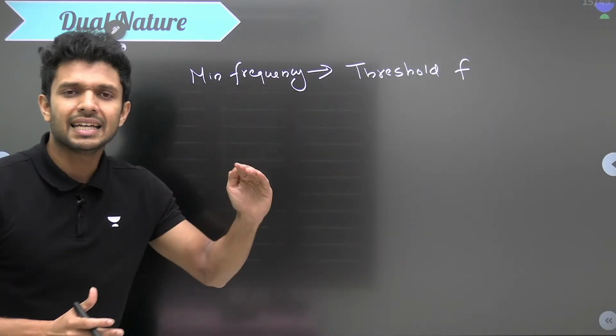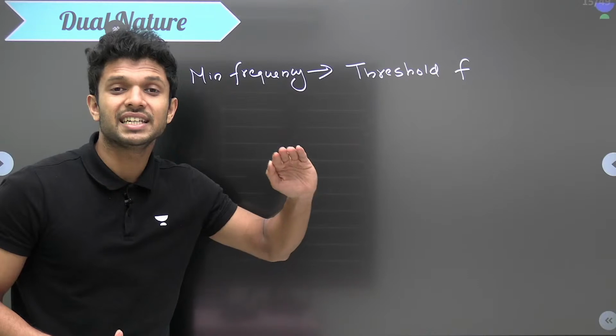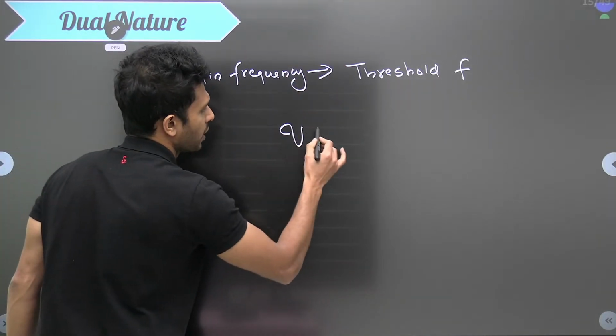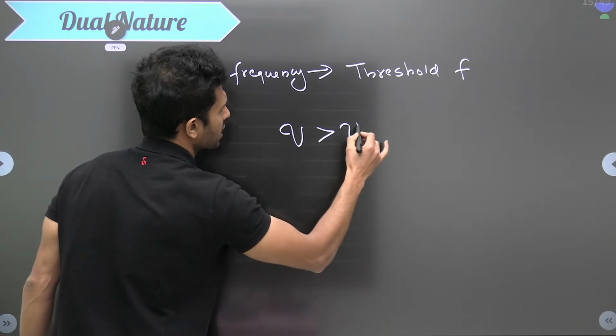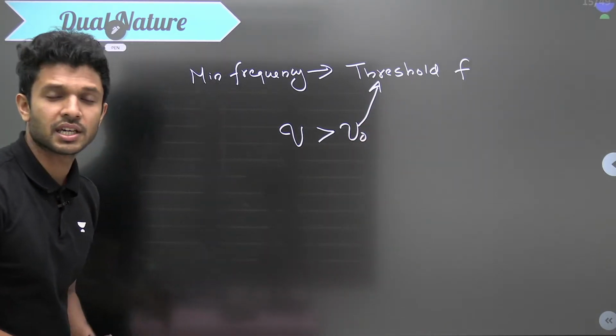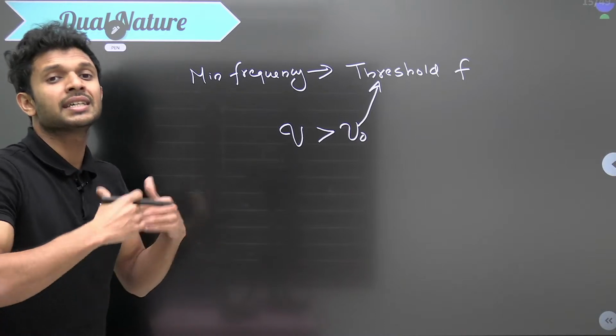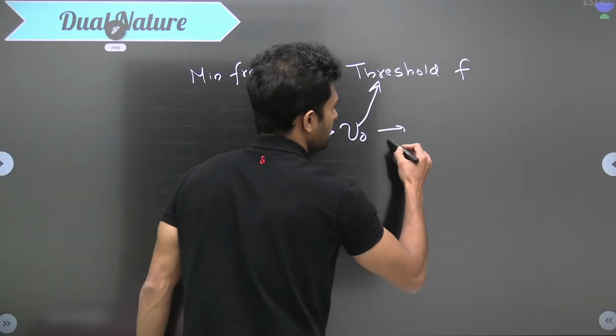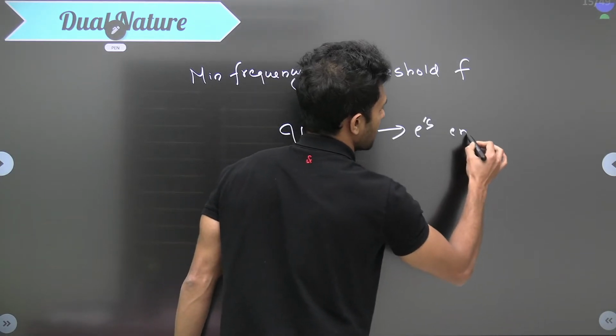Now, let's say we are providing a frequency greater than the threshold frequency. That is, the frequency is greater than nu naught. Nu naught is the threshold frequency. What will happen? The electrons are emitted with a kinetic energy. We will write it here. Electrons emitted